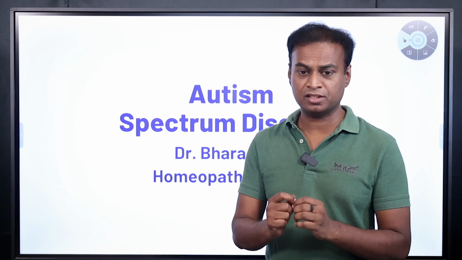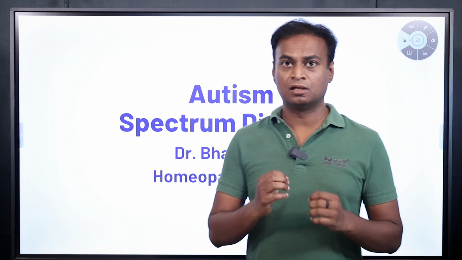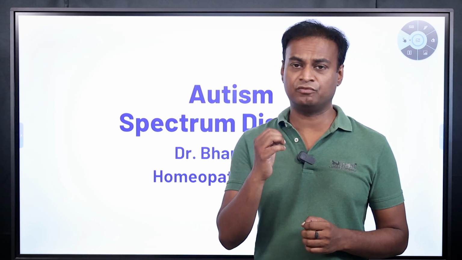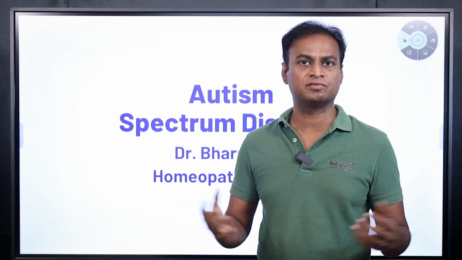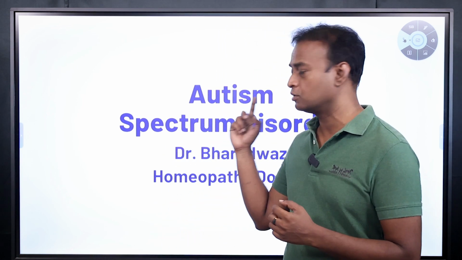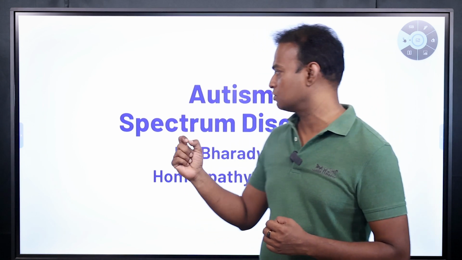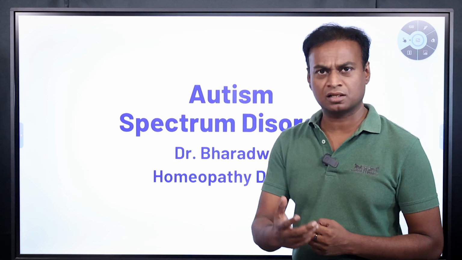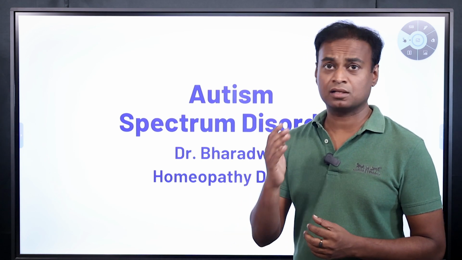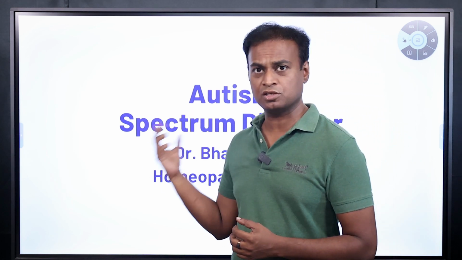You have to differentiate. See, everyone in this world has the traits or symptoms of autism in a very light manner. Even I have that, you have that, every person in this world has that. So every person who has traits of autism may not be accounted as autism spectrum disorder. There is a clear cut difference between diagnosing a kid with autism spectrum disorder, and a kid who may have autism traits but it may not amount to autism spectrum disorder.